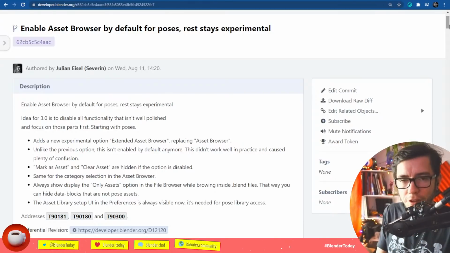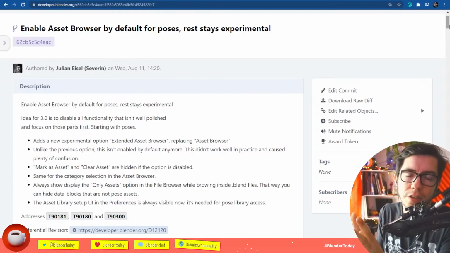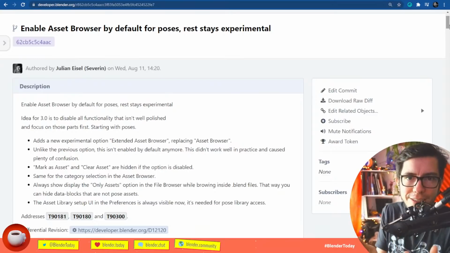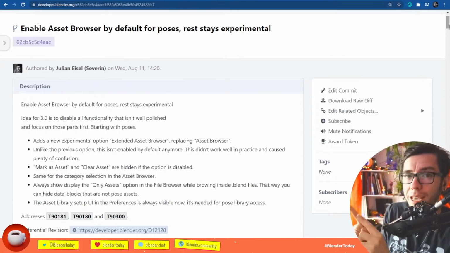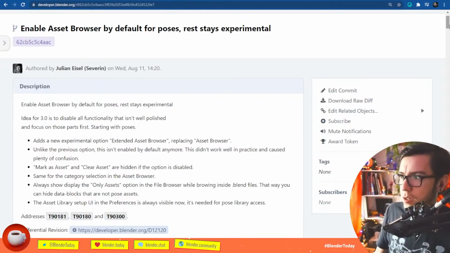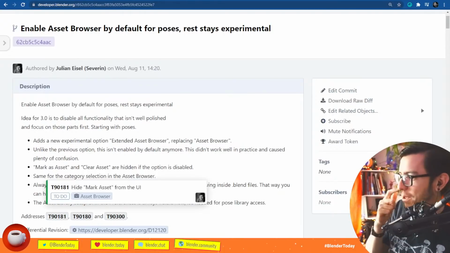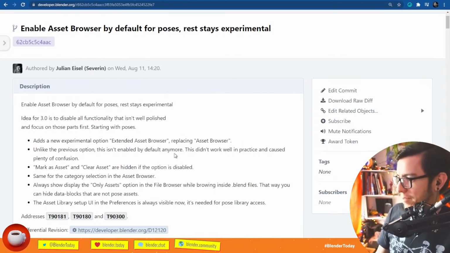By default, you're going to see the asset browser, but it's only going to be showing stuff related to the pose library. If you right click on a material, you're not going to see Mark as Asset, for example, as it used to be, unless you enable the extended asset browser setting in the user preferences. So yes, in a way, it is a loss, but on the other hand, it's also making things a bit clearer.